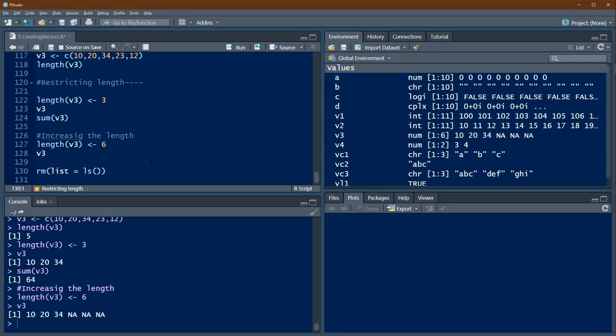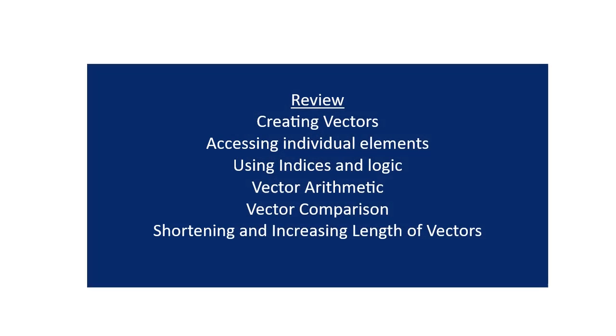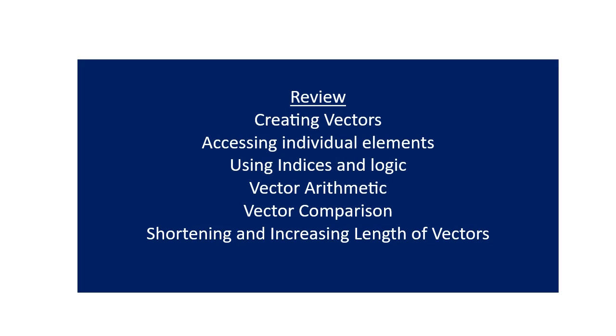So we understood a lot of concepts in R and we made a lot of objects now. We can remove these objects using rm(list = ls()). All the objects can be removed using this command. In this video, we have seen how to create vectors, access components of a vector using indices or logic, do vector arithmetic, compare vectors and find vector lengths, types, etc.